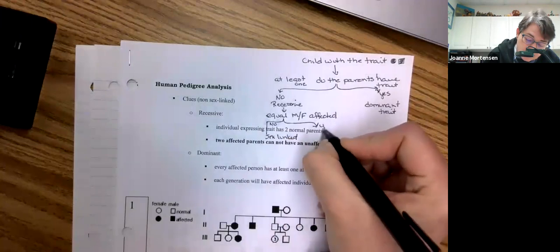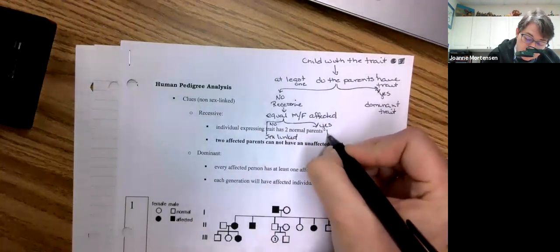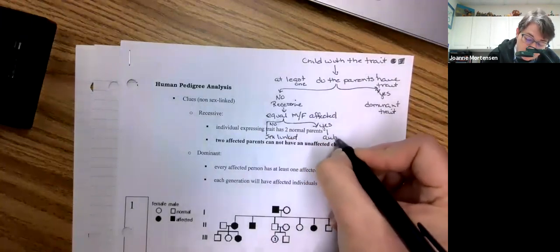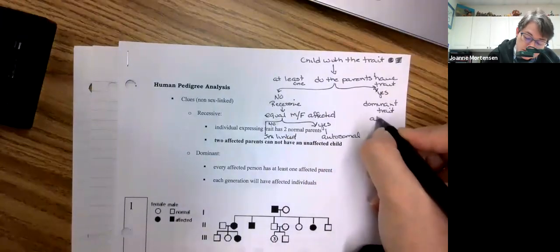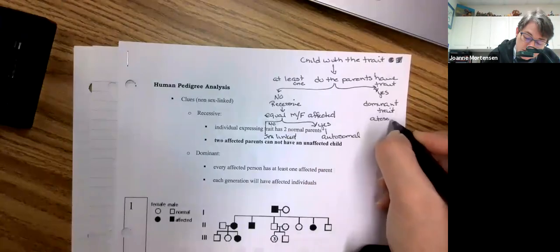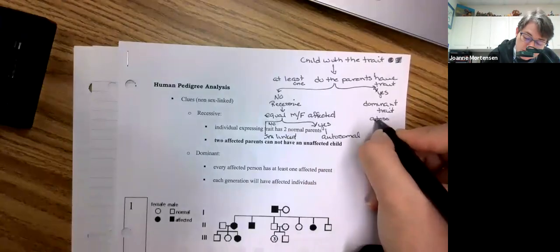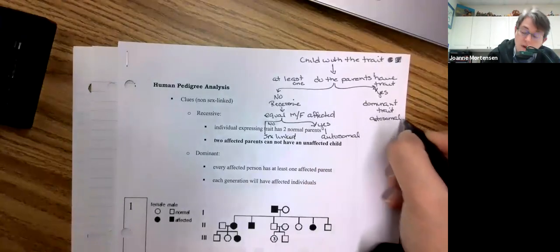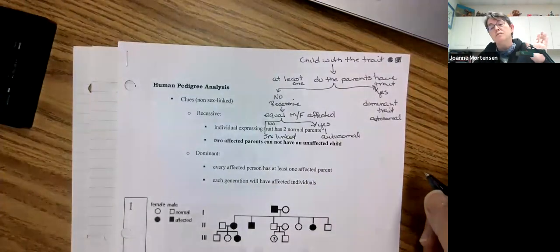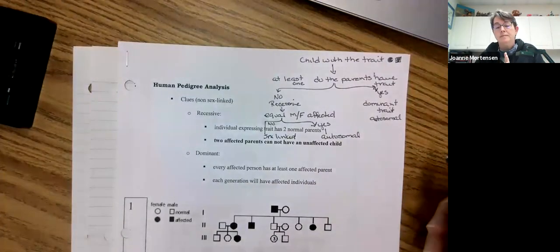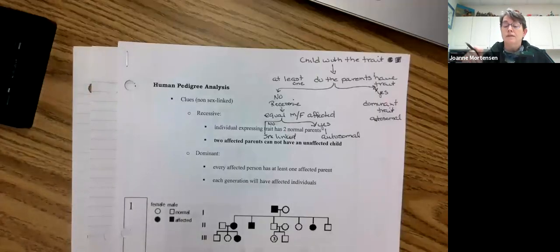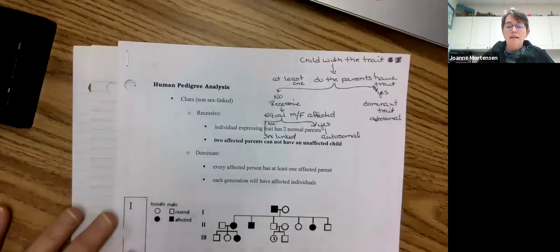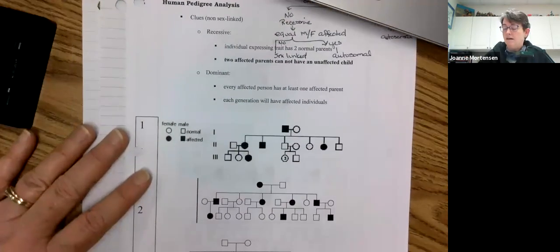If it's yes, then it's autosomal. Just like this one is. Oops, I lost a U there. Which means it's carried on chromosomes 1 to 22. The sex-linked one is just carried on the X and Y chromosome. Don't worry about it. We're going to go through all this stuff. Let's take a look at our first